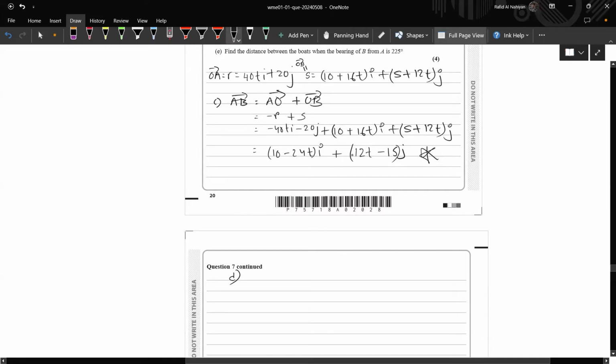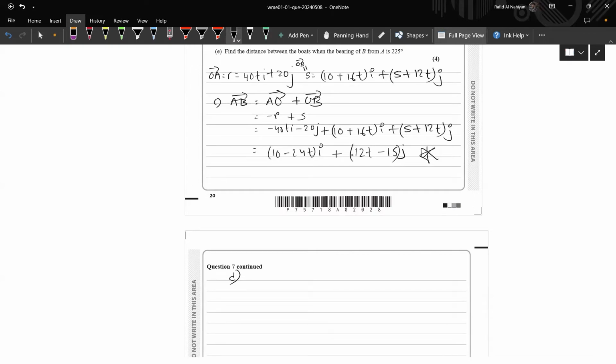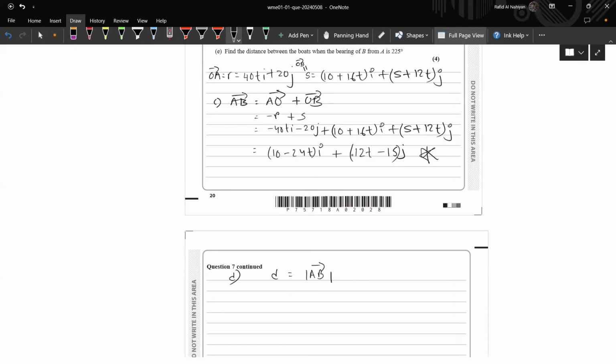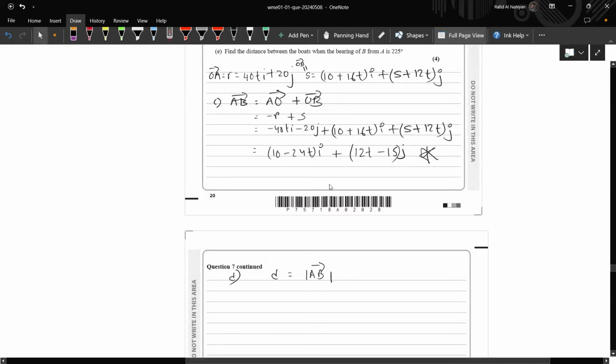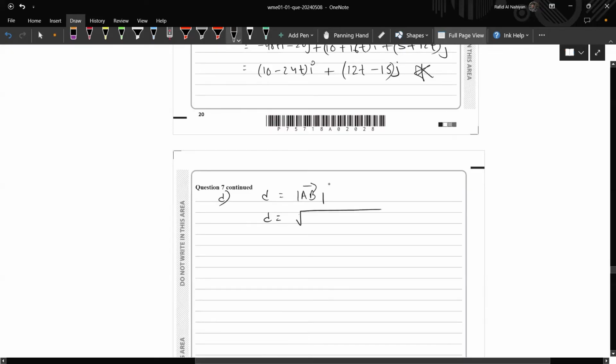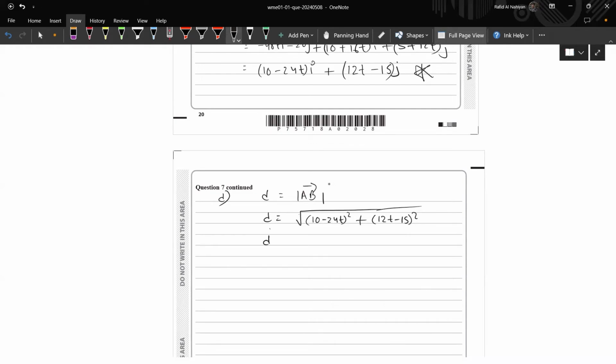So if I find the modulus of AB, which is basically the distance between A and B, and then put D equals 0, I'll see if I actually get a real value for time. Let's see if that works. So modulus of AB would be root of (10 minus 24t) whole squared, we collect the i terms and square that, and add the square of the j component, (50 minus 15t) whole squared. And now let's square both sides, and so we get d squared equal to